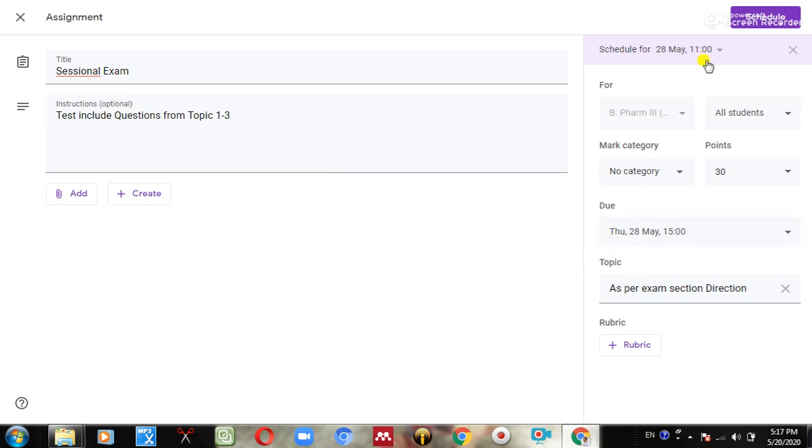If you want further, you can create a rubric. There is no need to create a rubric as such to post the assignment, but it will give additional advantage to create a rubric, because most of the inspection agencies want rubric data. So you can create a rubric from here. Just click on create a rubric. You can reuse the rubric also.